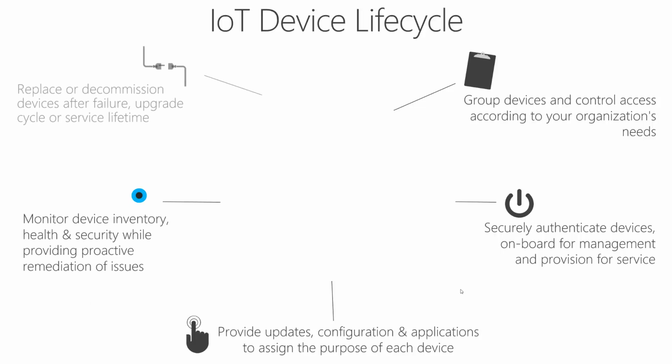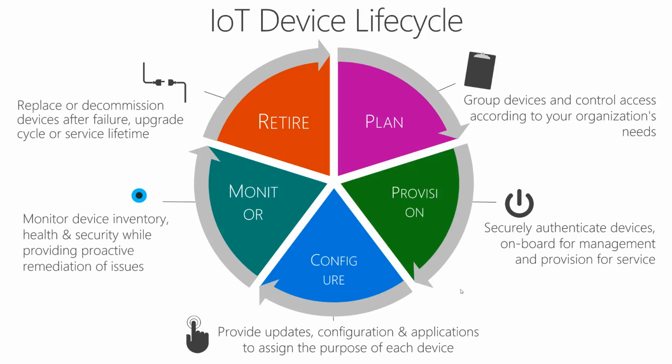So the story starts with the provisioning of the device. First of all, you plan what you're gonna do, the rollout, and then you need to provision your devices in a secure fashion and know that they're in the field, and then you need to push some kind of a configuration to the device, and then you need to monitor it. Monitoring means that there is health monitoring or telemetry monitoring. And then when the moment comes, you're gonna need to retire the device or replace the device, and all of these scenarios need to be handled